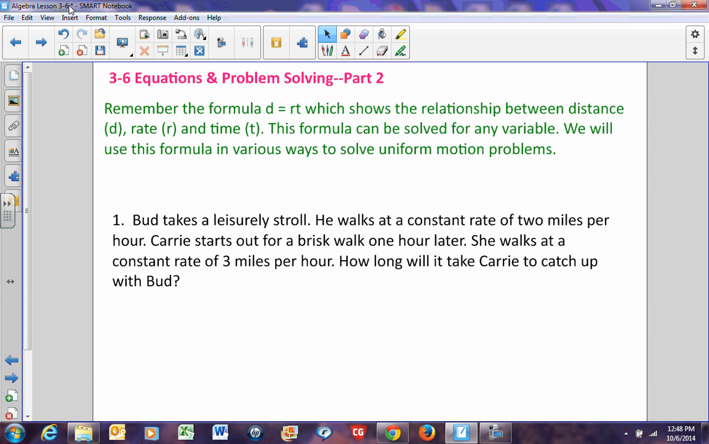3-6, equations and solving, problem solving, part 2. This is the section where we work on uniform motion problems. This is based on the formula distance equals rate times time, where d equals distance, r equals rate, and t